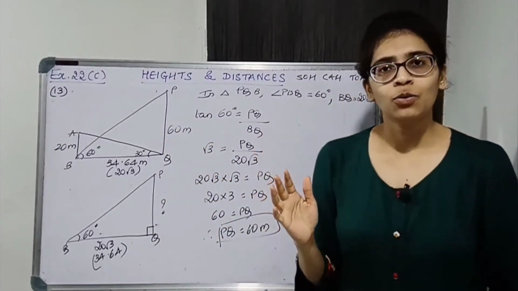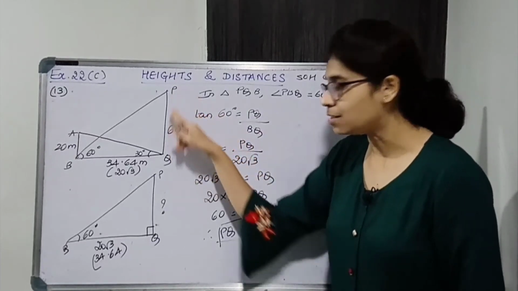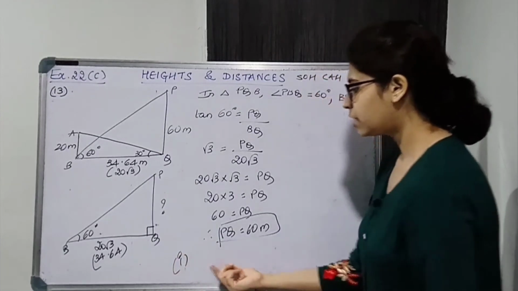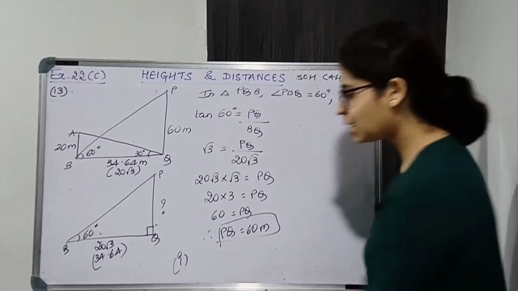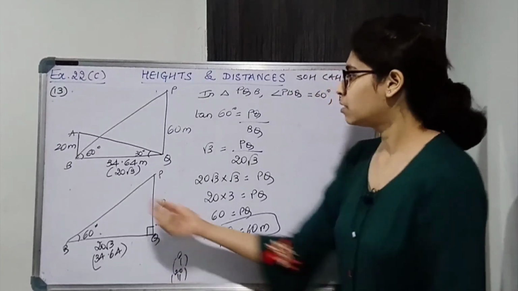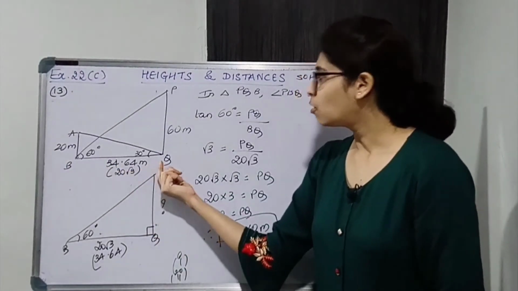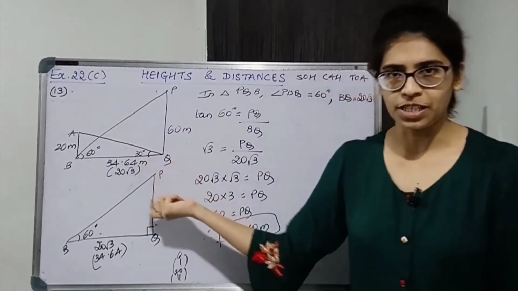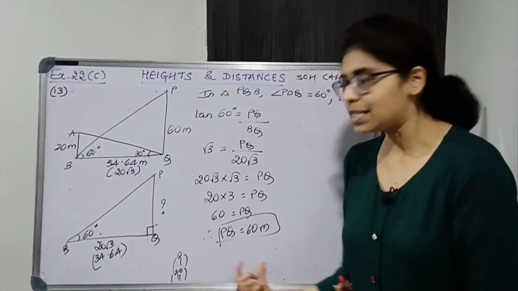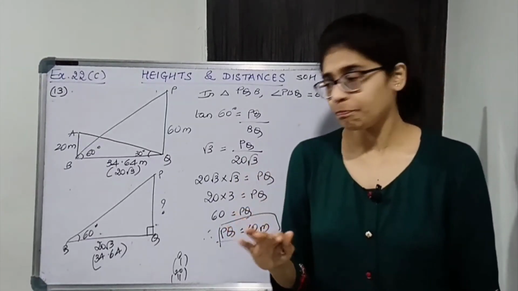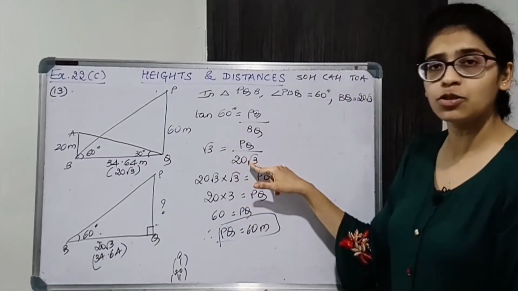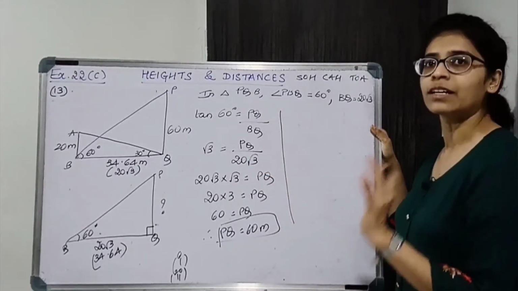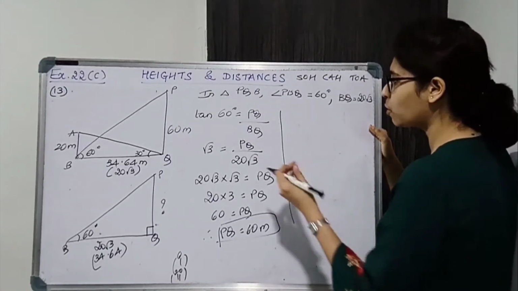So now you can write down the first part. We had to find the height of the tower. So write in the first part: height of the tower PQ is equal to 60 meters, and second part, the horizontal distance of the pole from the tower is 34.64 meters. In the final answer, always write decimal values. Don't put root. Now in case you have not considered the root value and you consider the decimal value, then also the answer will be correct. A rounded-off value will come, not the exact value, an approximate value.